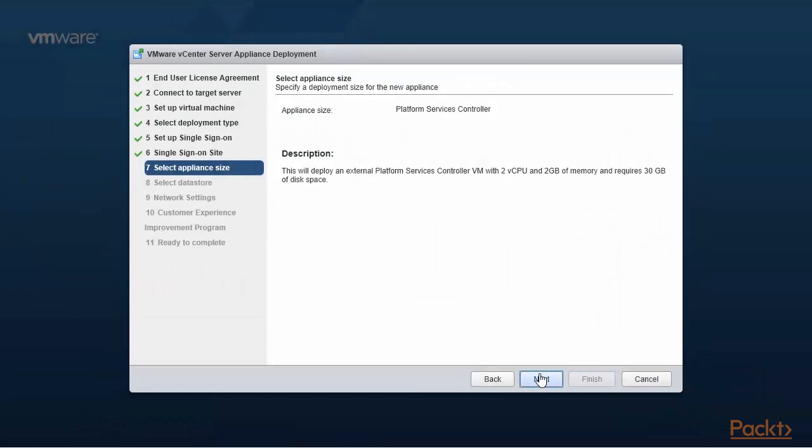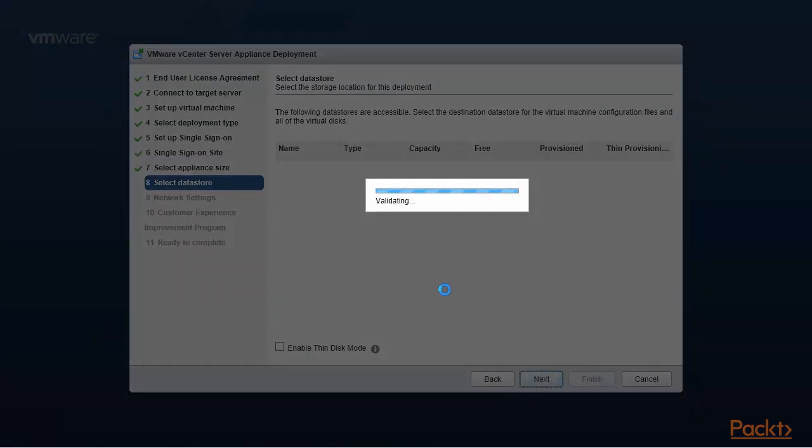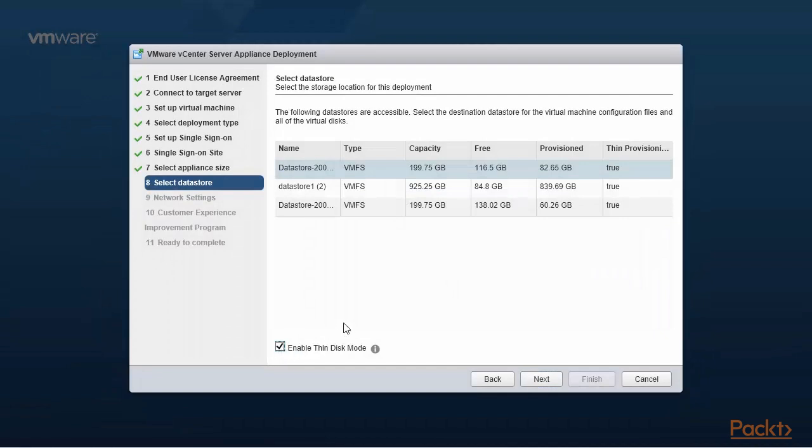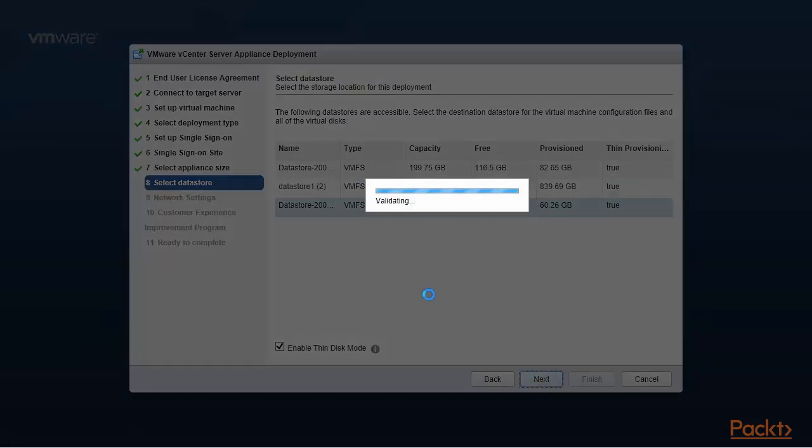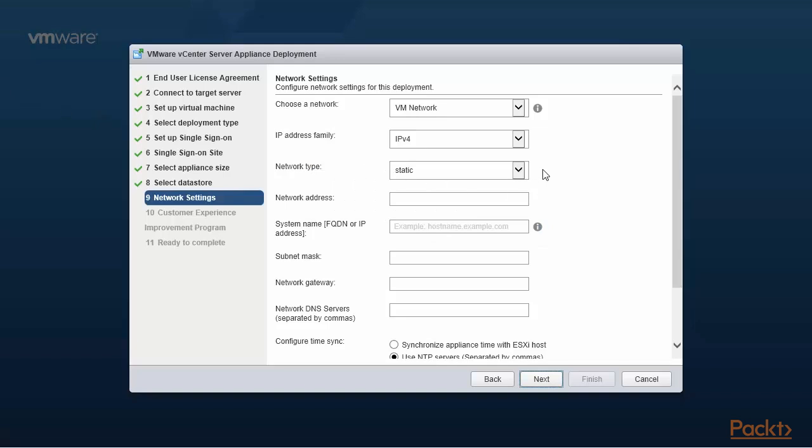I'm going to install a small platform services controller. I don't have that many VMs. Enable thin disk mode. Pick this data store. Click next. And now I have to enter network settings, static. The network address of my second platform services controller is 192.168.0.82. I'm going to give it the same name, 192.168.0.82. The subnet mask is 255.255.255.0. My network gateway is